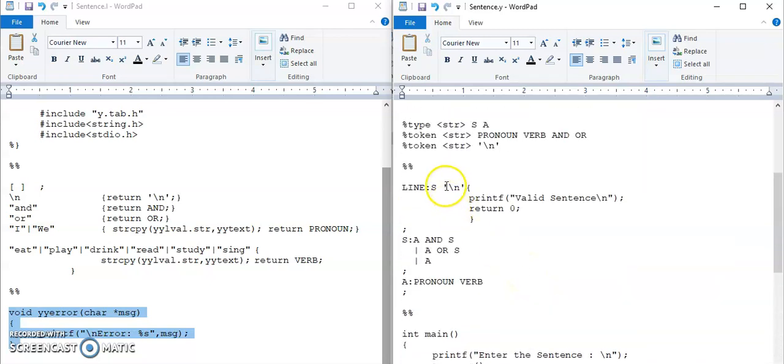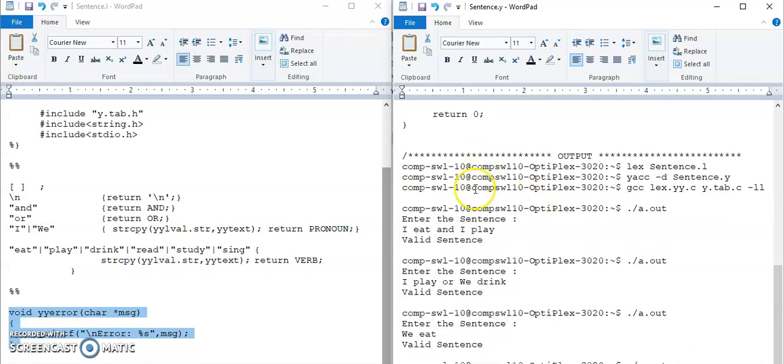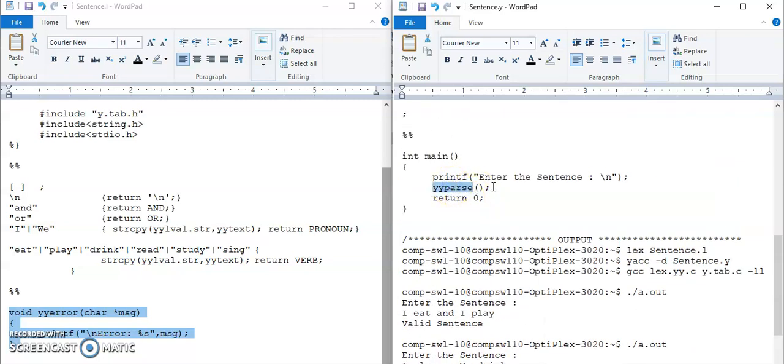So that enter key should be recognized. So line gives s, that is s for sentence, followed by \n. If this rule is followed, that is the syntax is correct, then this action is performed, that is printf valid sentence and return 0. So whenever the syntax is valid, this action is executed and this yyparse function will